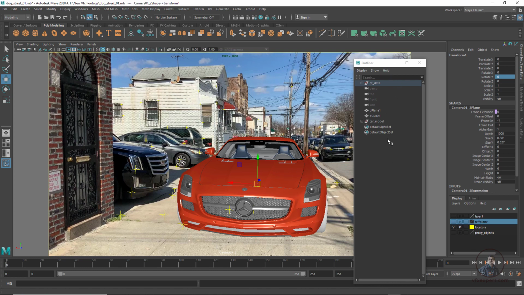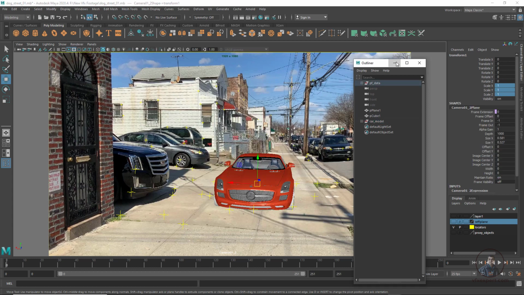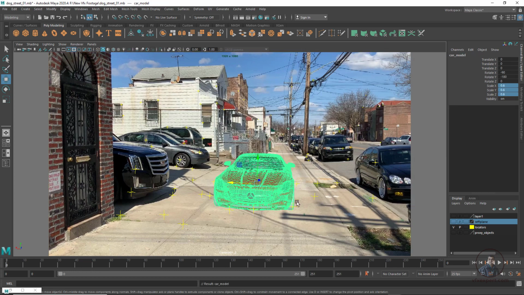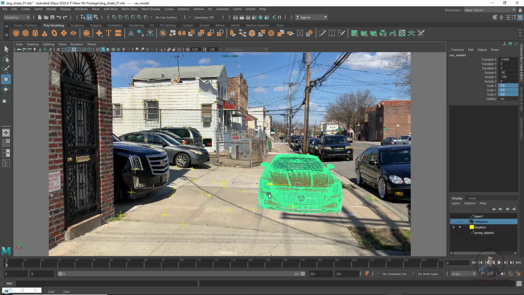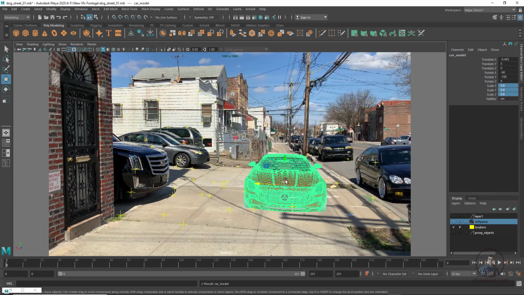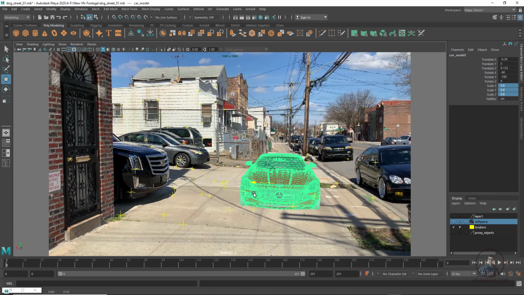So just you can check, and maybe suppose if you want to scale, just select your car model and scale. Now just play and check this one also, and just place this in a proper position here. So remember this one. Maybe this one is our reference point here, because parallel to this point I'm going to place our car. So again I have selected this car. Now press V and just snap it here, and after this you can move it here.